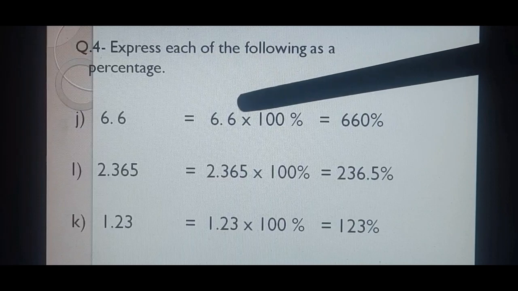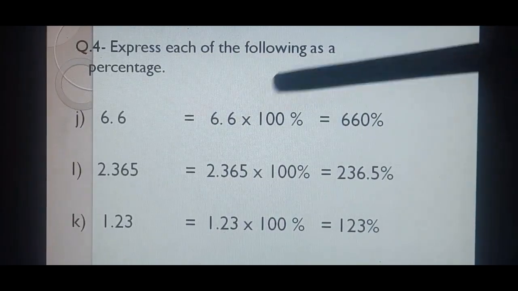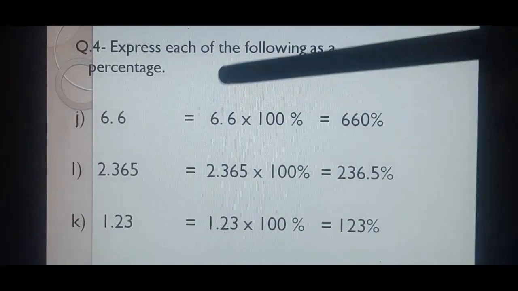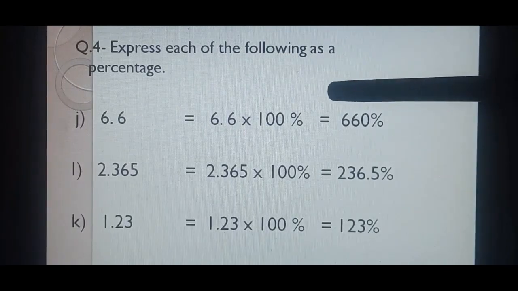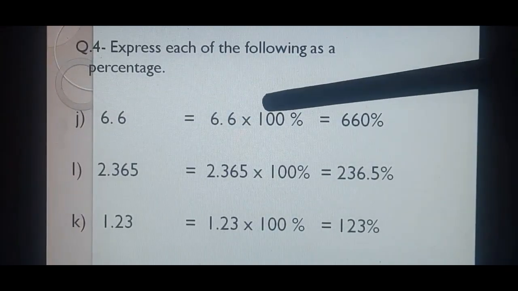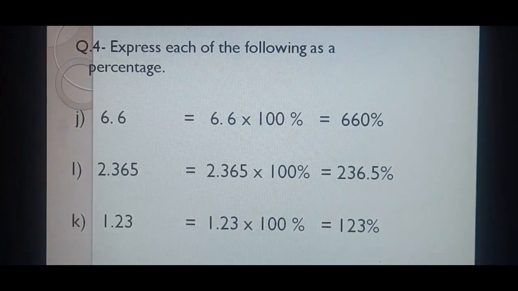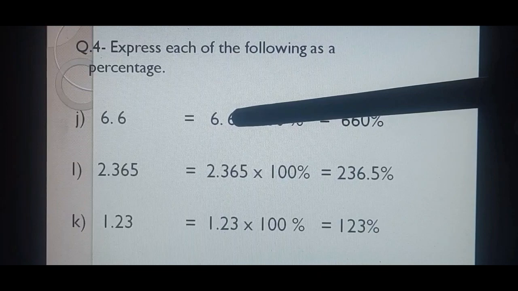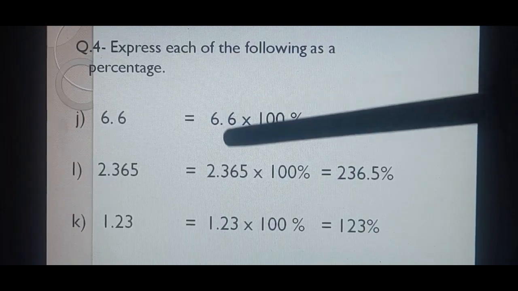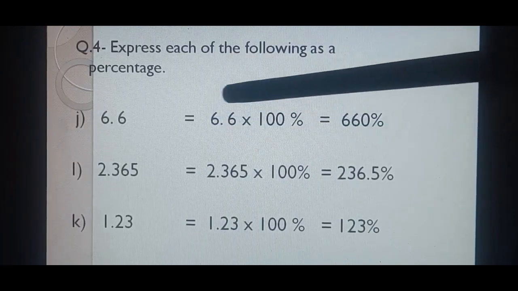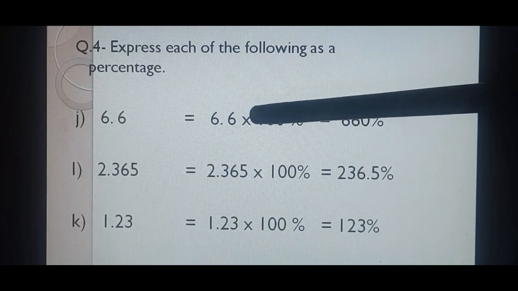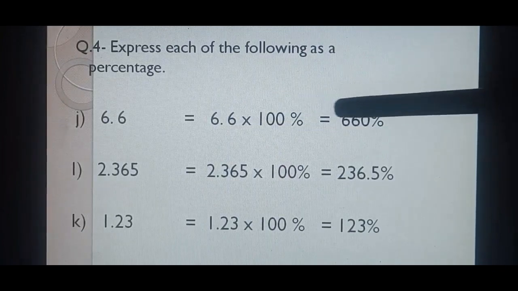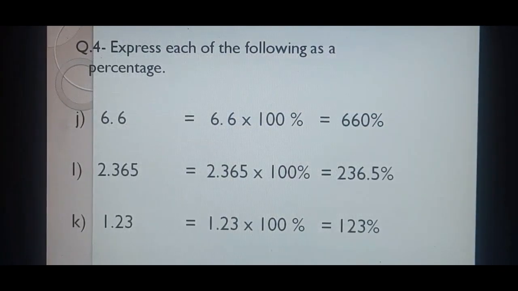Now see, we are multiplying 6 decimal 6 with 100. So decimal will move to the right side, to the forward direction. How many places? 2 places forward. So 1 place when it will shift, it will come after 6. Now no more digit is there, we can take 0. So decimal will shift after 6 and then after 0. So it will become 660%. Understood?